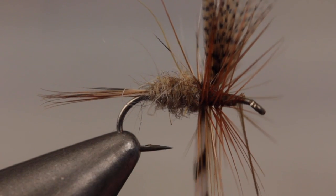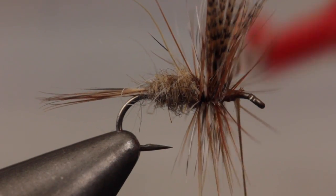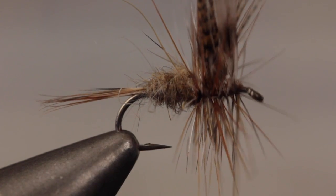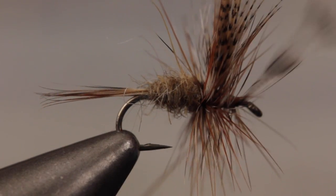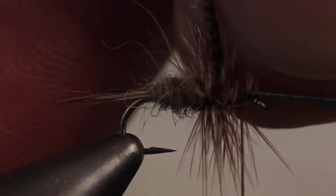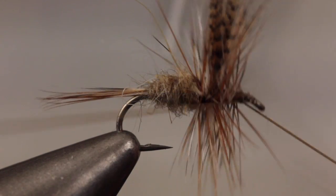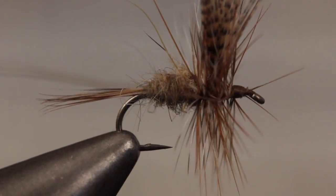Next, get hold of the Grizzly hackle and begin taking wraps, zigzagging your way through the brown hackle fibers. After 3 turns in front of the wing, secure the hackle tip with turns of tying thread. Then reach in with your scissors and snip the tip off close. Finally, do a 4 or 5 turn whip finish and snip or cut your tying